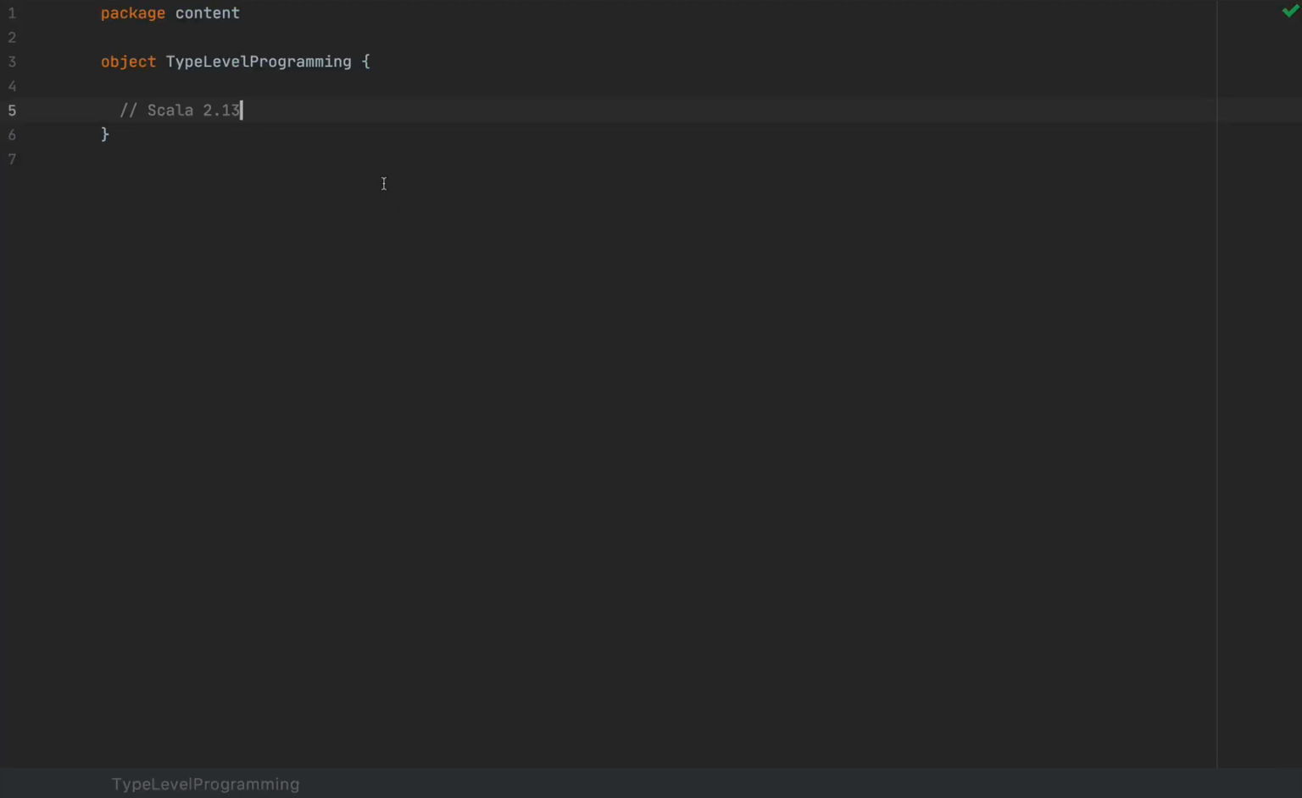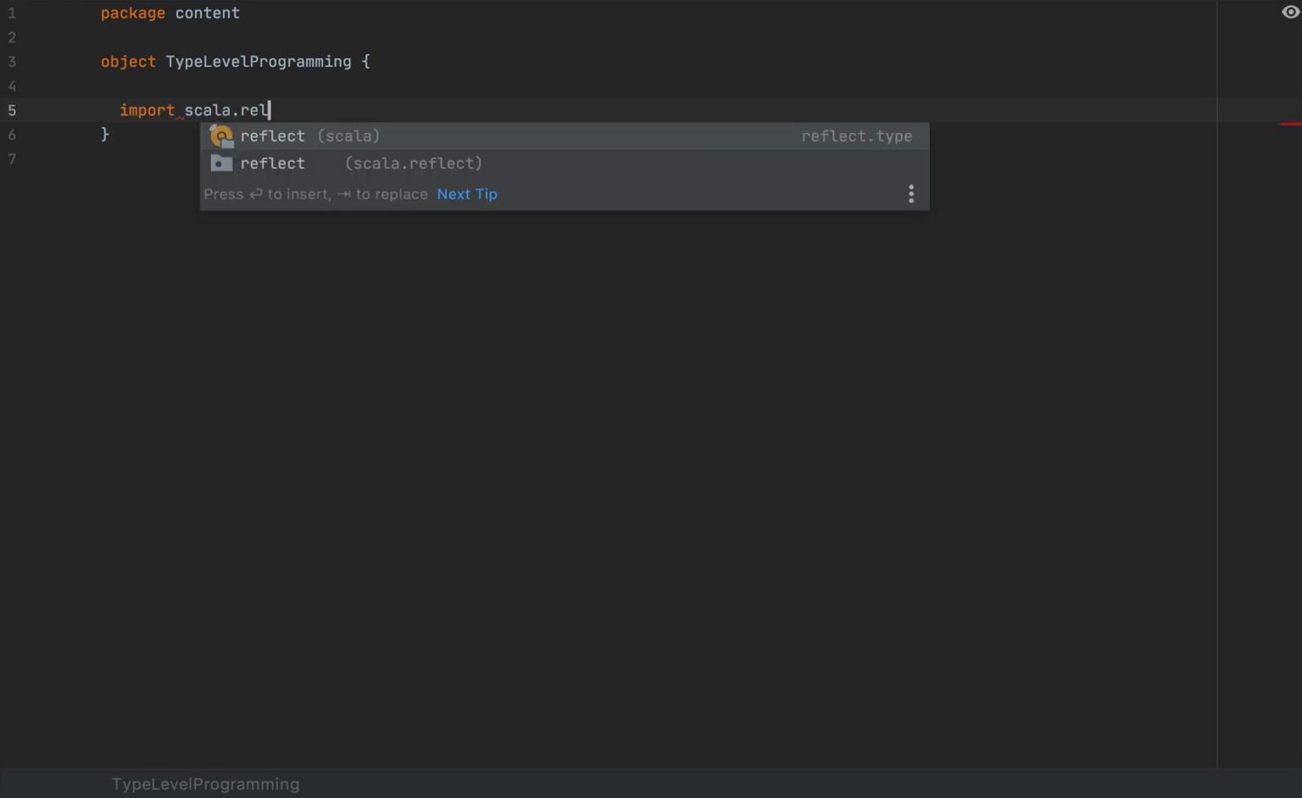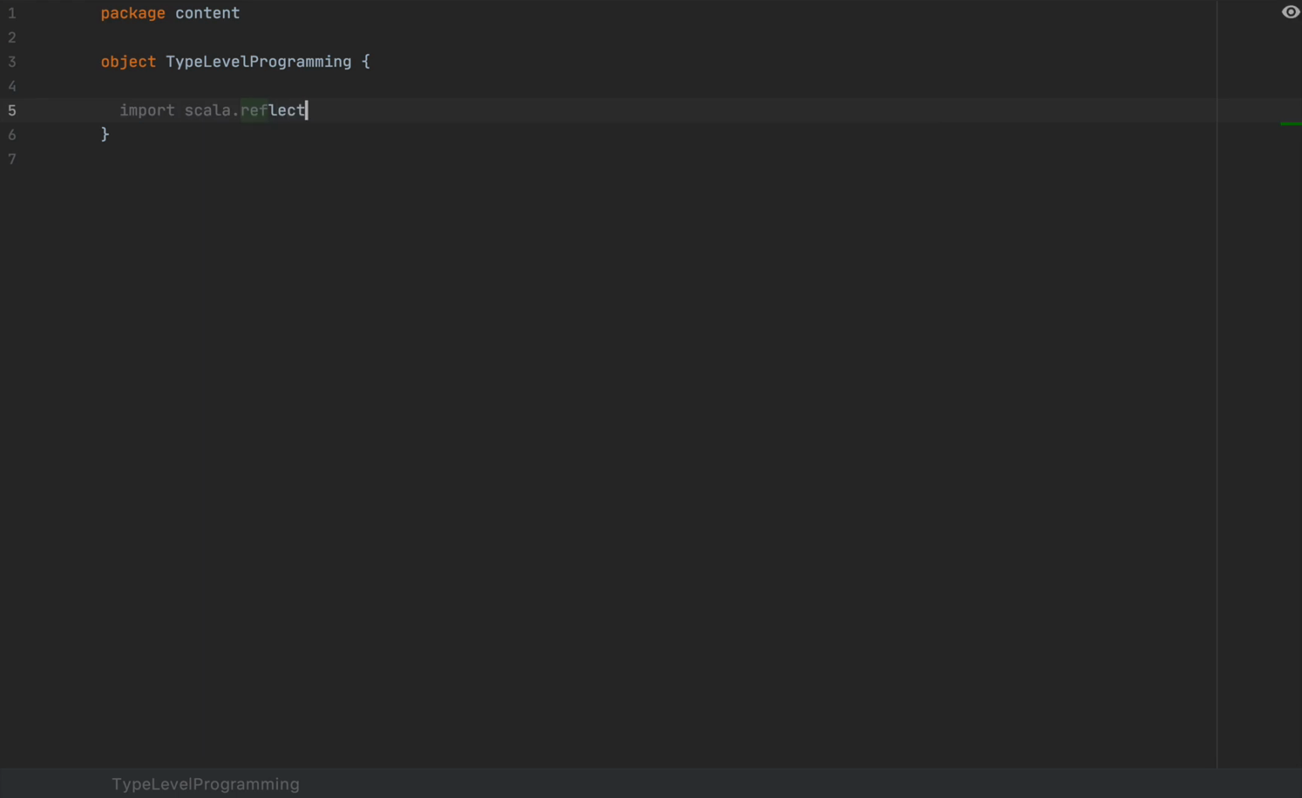We are going to use the Scala reflect just to print some types. This is not a cheat. We aren't using reflection to manipulate types at runtime. So we are going to simply use the reflect package to print stuff to the console, and I'm going to add an import here. I'm going to say scala.reflect.runtime.universe._